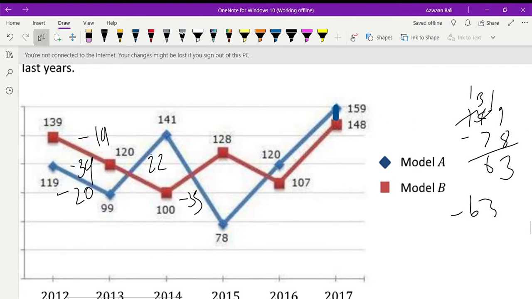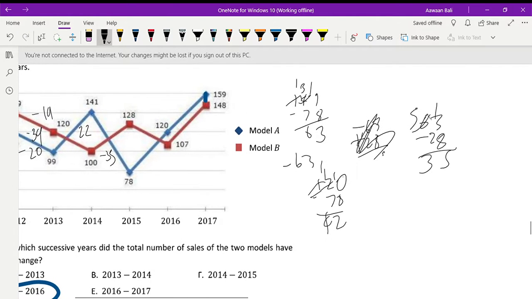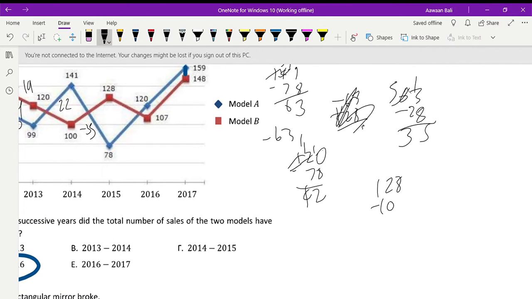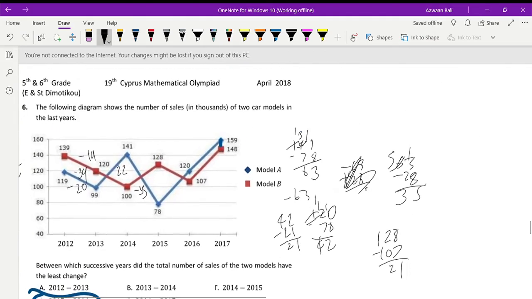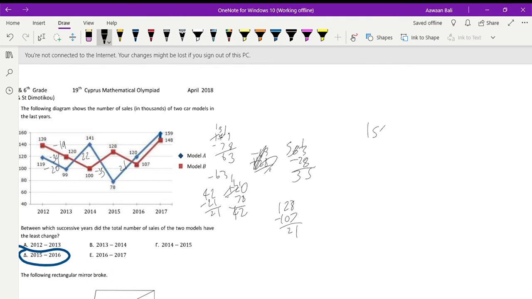For 2015 to 2016, we have a jump of 42. And we have a small, and then 128 minus 107, that's only 21. So 42 minus 21, it's 21. And now 159 minus 120 is 39. 148 minus 107 is 41. 41 plus